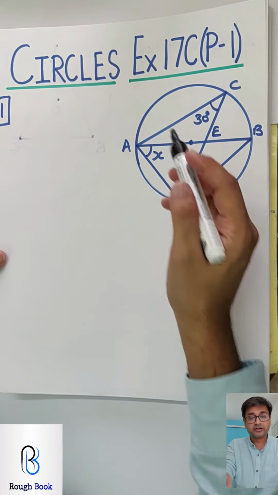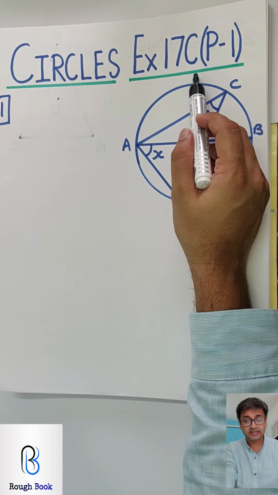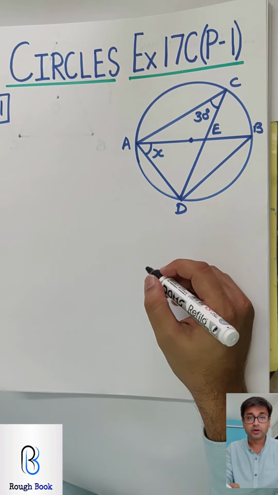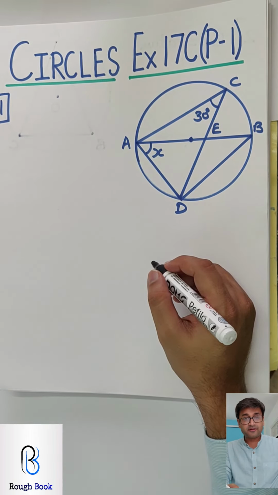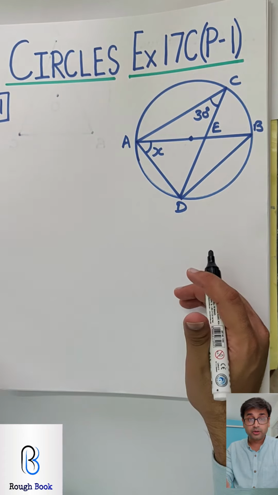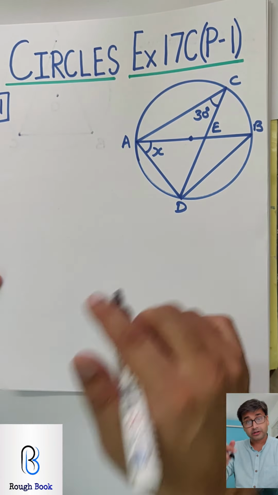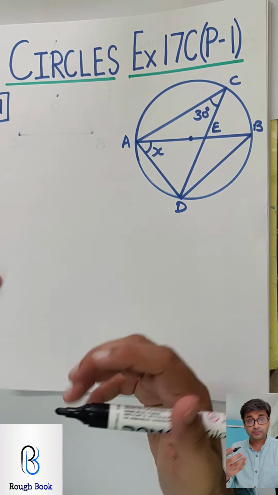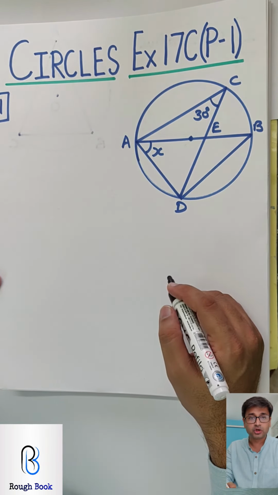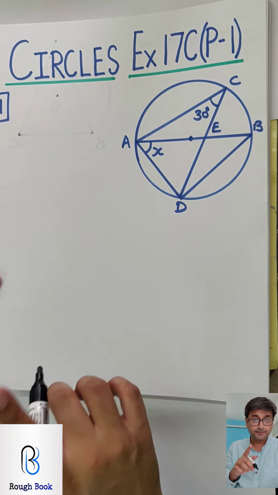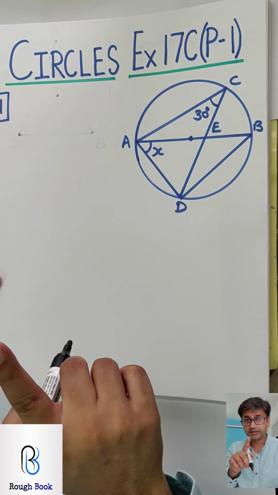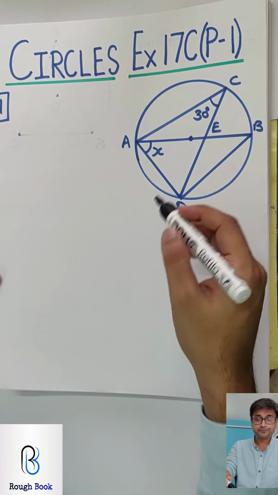Hi, we're getting into circles 17C, the last exercise. It's slightly lengthy, so I'm breaking it into two parts. In this video, we are going to do part 1 and we'll try and finish whatever maximum sums we can. Properties, you already know all the 17 properties by now, they're there in the description as well, so please pick it up from there, but see to it you learn them well, otherwise you're going to find this topic tough. If you've not got them, please do that first and then come back. If you started right now without those properties learned, you're going to have a tough time.